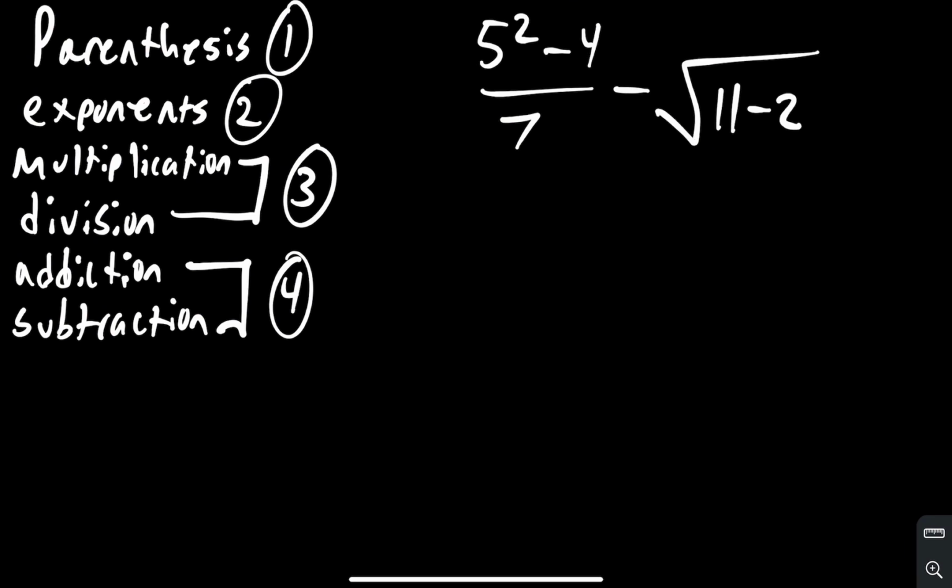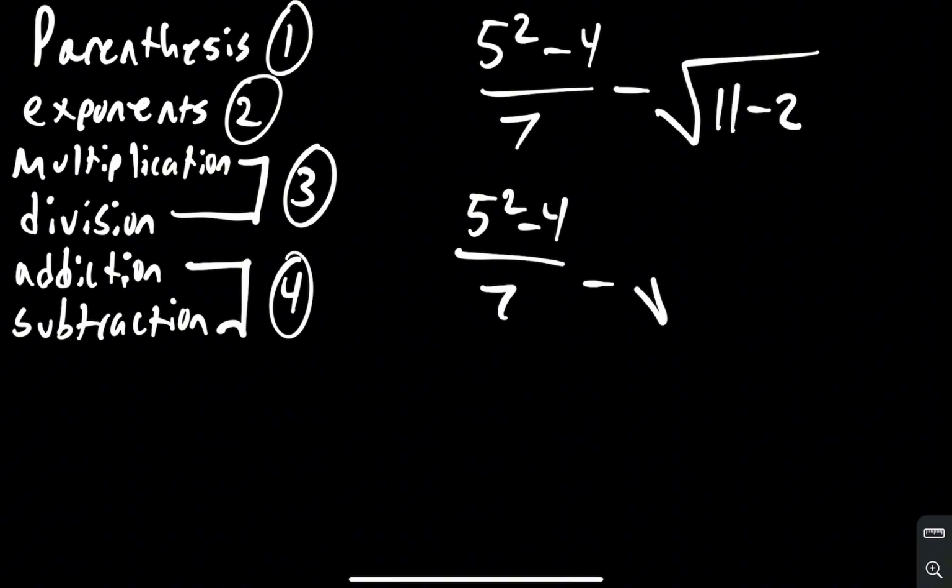So for this next problem, we're going to start at P again, which is for parentheses, and it looks like we have no parentheses at the moment, but we do have a square root. In order of operations, square roots are considered parentheses, so we're going to take care of that first. We carry the 5 squared minus 4 divided by 7, and then 11 minus 2 is going to give you 9. So it's going to be the square root